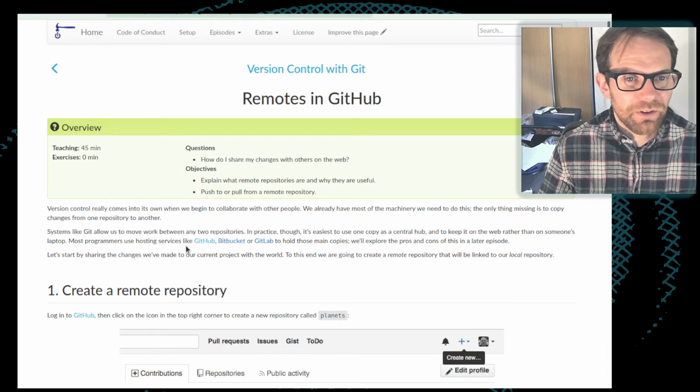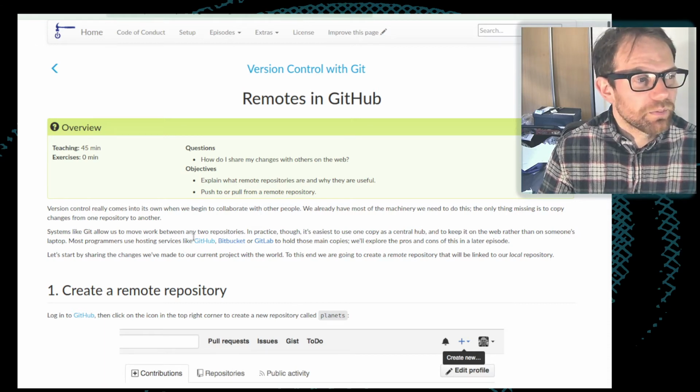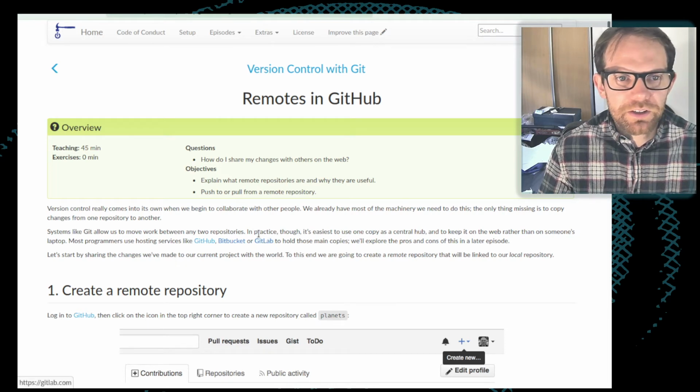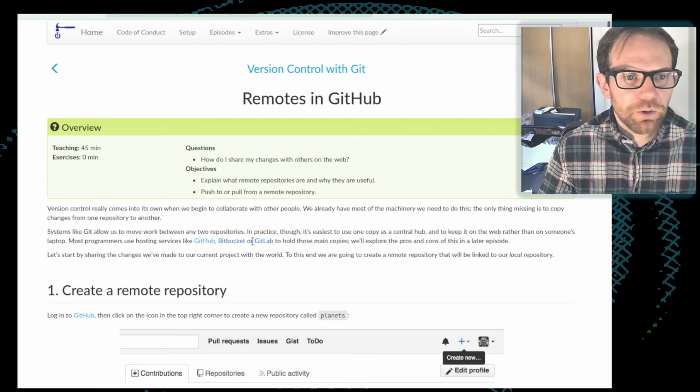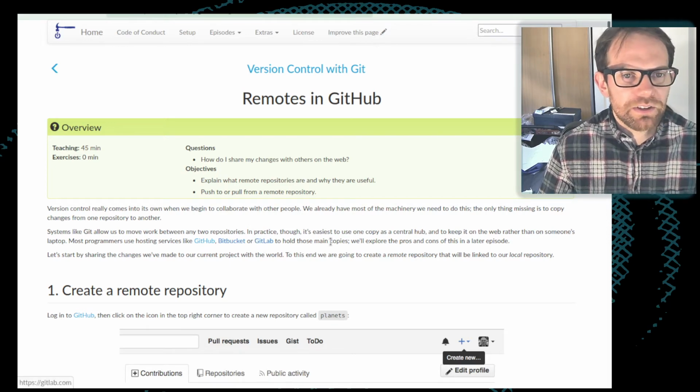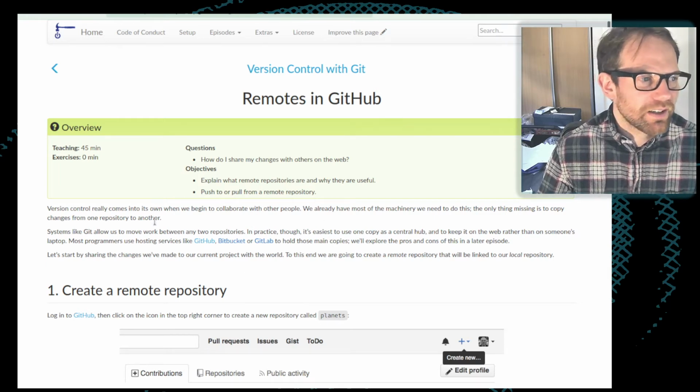GitHub is by far the largest publicly available Git server. GitLab, some of you might have encountered because you get private installations of GitLab. So any of you, for example, who are LIGO people will have probably encountered LIGO's own GitLab installation, but it's something which is broadly comparable to GitHub and has a broadly comparable feature set.